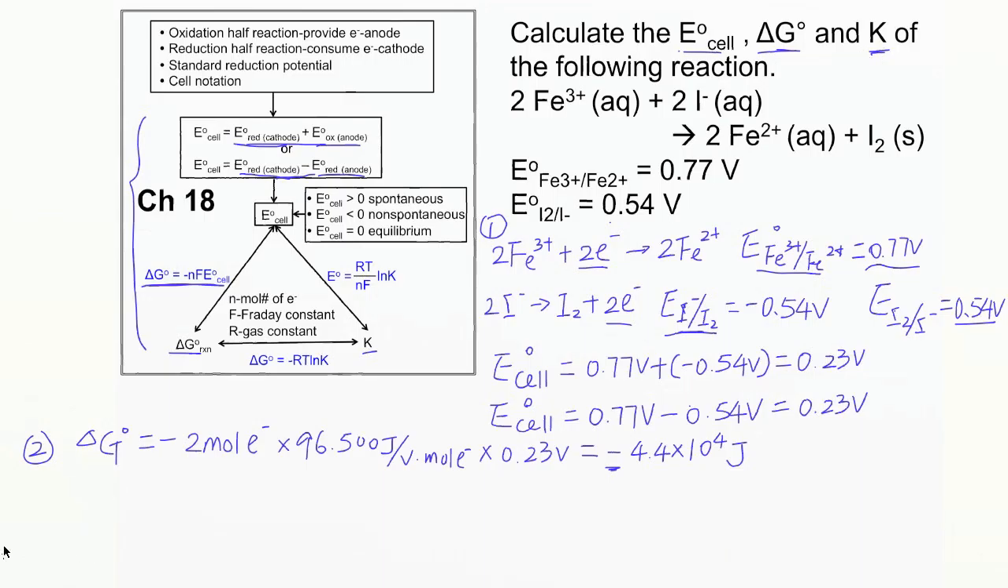The last part of this question would be the equilibrium constant. We have two ways to calculate the equilibrium constant. You can either get the equilibrium constant from delta G, or use the Nernst equation to calculate K, the equilibrium constant, based on the cell potential. In this video, I'm going to use this Nernst equation. Cell potential is 0.23 volts. That equals R, 8.314 joule per K per mole,